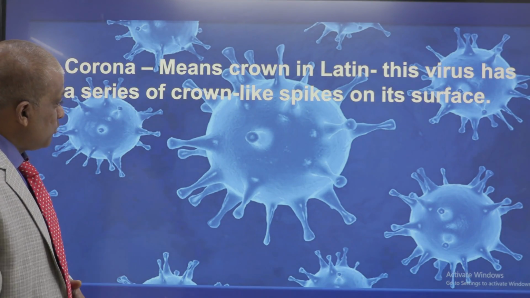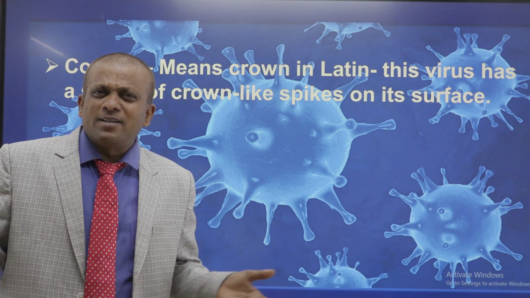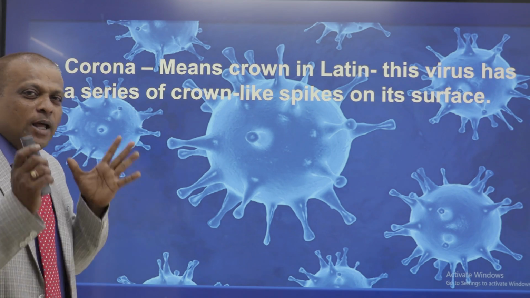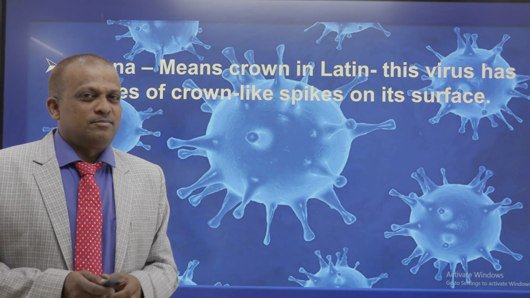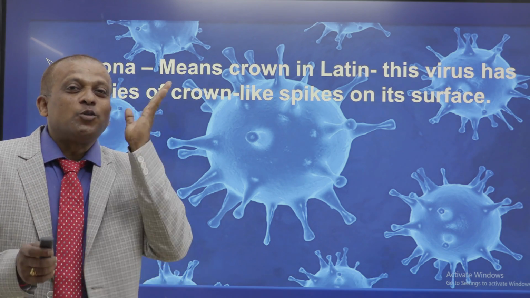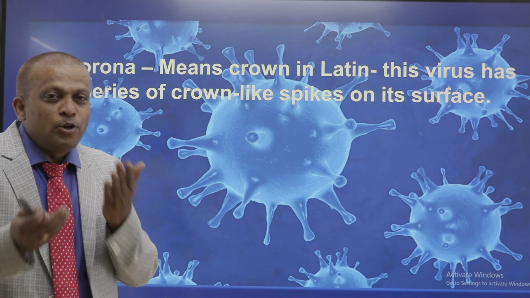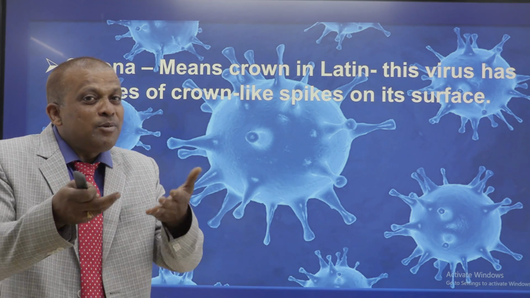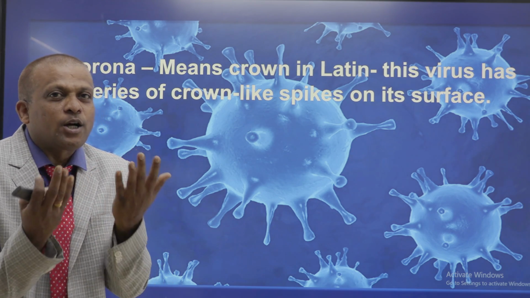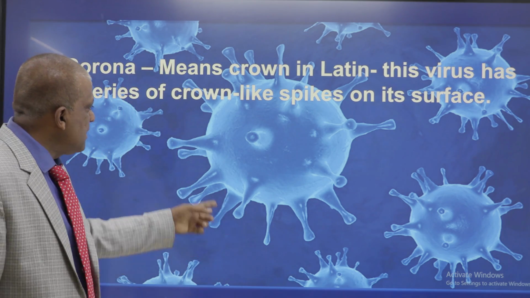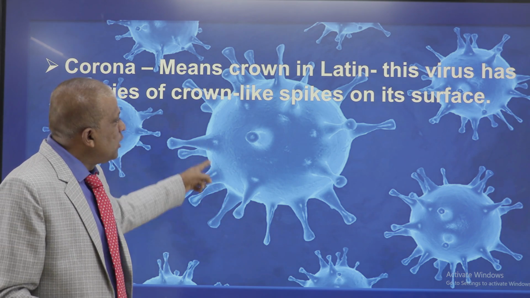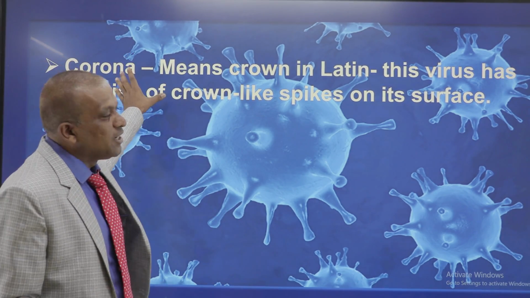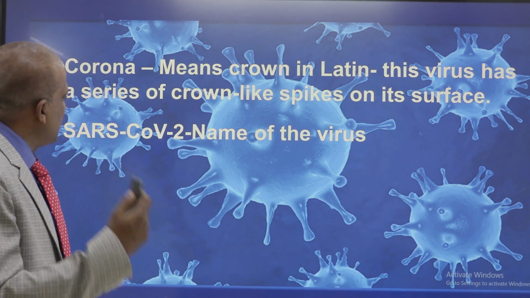See how this COVID-19, what is this COVID-19, what is this coronavirus? Let us have a check. Corona. Corona is a Latin word which means crown. So, the WHO or the people who are responsible to name it, they named it corona because it looked like a crown having some spikes, you can see here in this image. So, that is why this virus is called coronavirus, and the term comes from the Latin language.